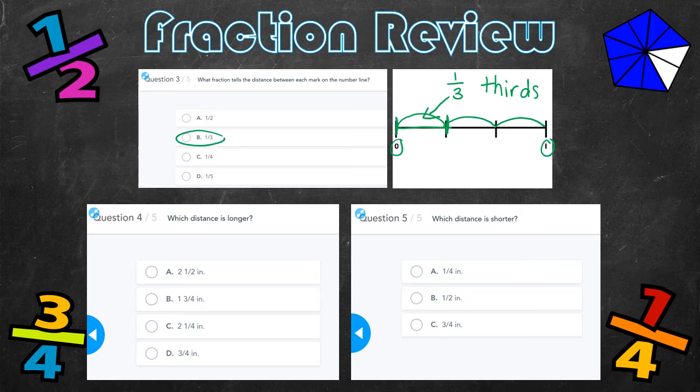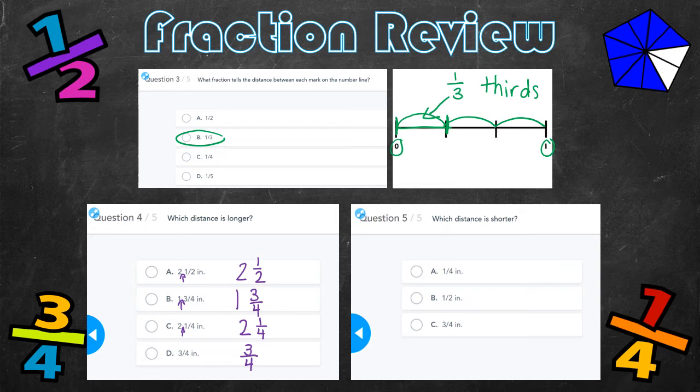Number 4 says, which distance is longer? 2 1/2 inches, 1 3/4 inches, 2 1/4 inches, or 3/4 inches. For this one, boys and girls, notice that there is a space in between here, and that space is separating your whole number and your fraction. So if you were writing it, you would probably write it like this. Okay, and now they're asking me